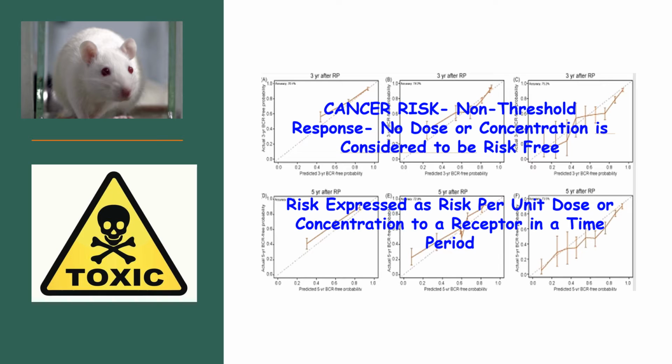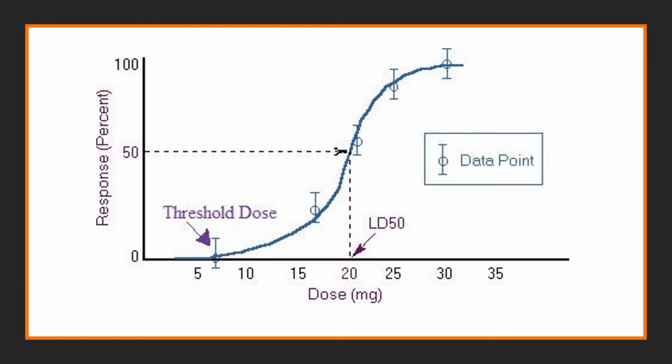And when we do the studies on risk assessment, we're always looking at the relationship between dose and response. We're looking at those for carcinogens and non-carcinogens and over time. This is an example of a typical dose response curve. This is for a non-carcinogenic material. We have a threshold dose, the point at which we see responses initially happening, and then a lethal dose, or LD50, at which half the sample population dies from the exposure.